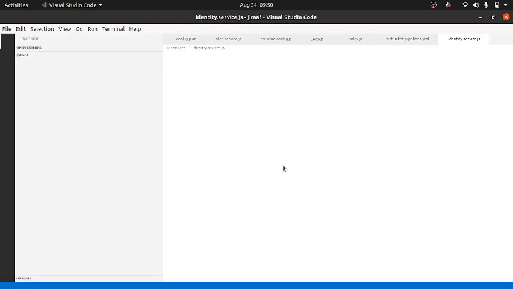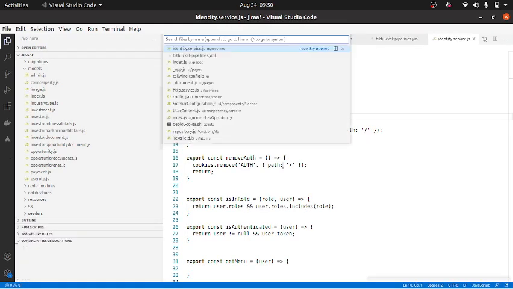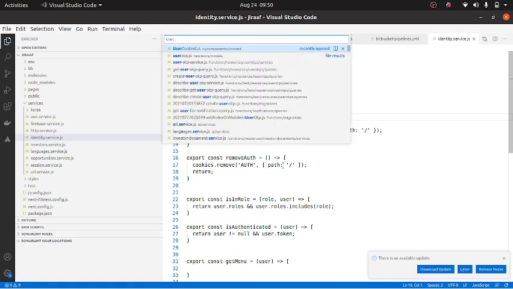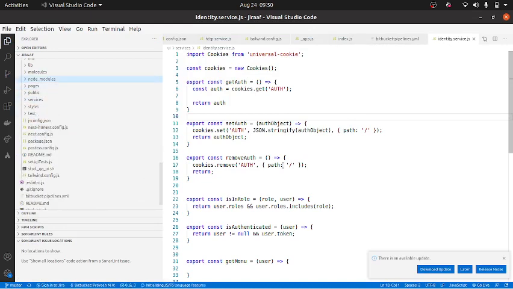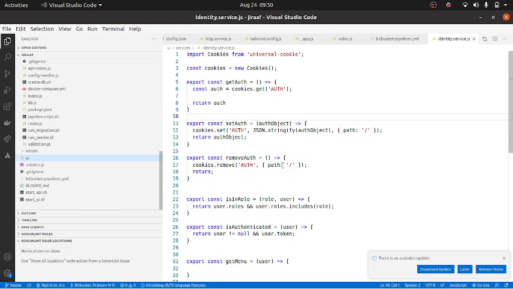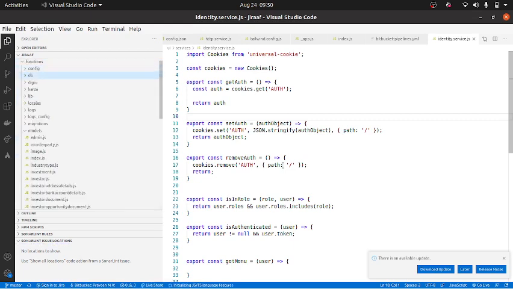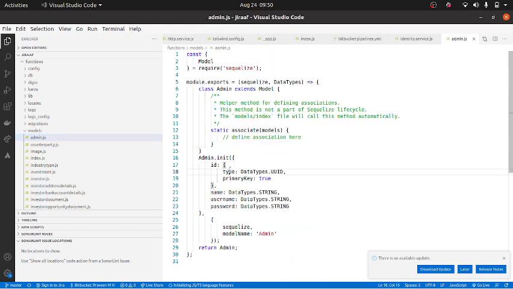No. User. Where do we need to make primary key true? I guess in the ID there itself. So function model. I'll just go to admin and just. I sent it here. Nah, this is the guy.